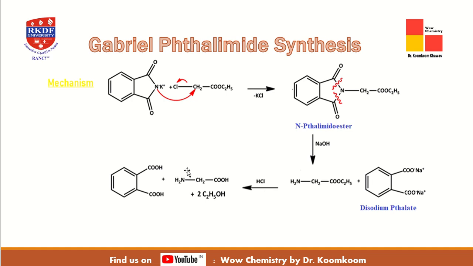So here we will find that for the synthesis of the amino acids, the amino group has been provided from this phthalimide nitrogen, and the ester group provides the carboxylic acid group along with this carbon, and if it is hydrogen or any other alkyl group, that is from this ester only. So this way you can prepare any amino acids.